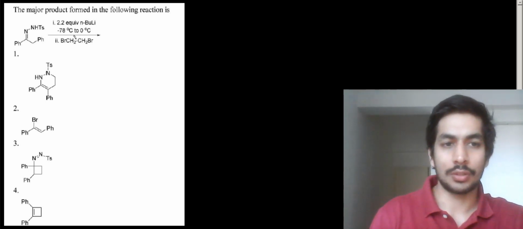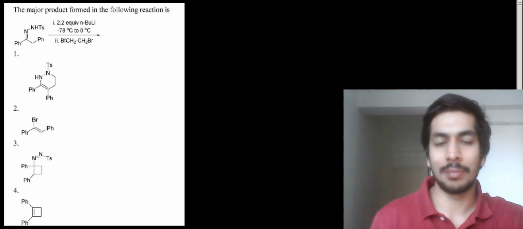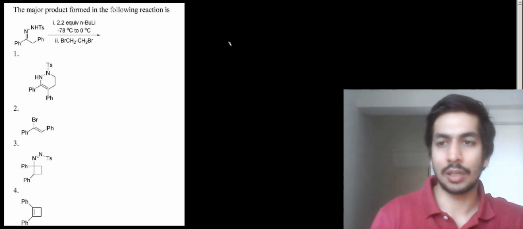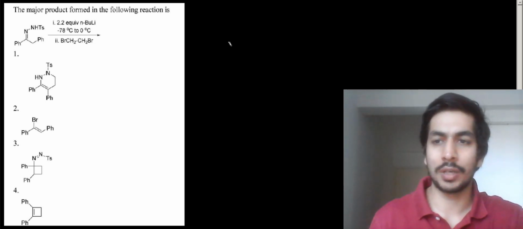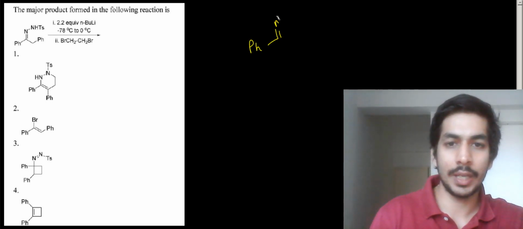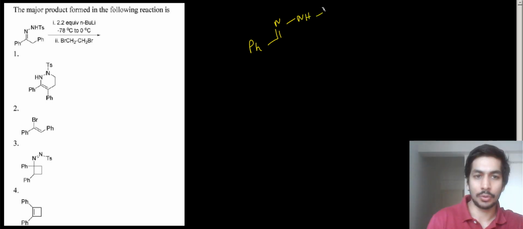Now, when we talk about Shapiro reaction, this example is a very common name reaction. This is called Shapiro reaction. You can go and look into the mechanism of Shapiro reaction, and over here I'll explain it in a very concise manner, right? So we have this phenyl NH tosyl, and we are adding 2.2 equivalents of N-butyl lithium. The N-butyl lithium is going to abstract a proton. First, it is going to abstract from over here, and it will form N minus, right? So this NH proton will be abstracted and it will form N minus over here. And the other proton that will be abstracted will be over here, right?